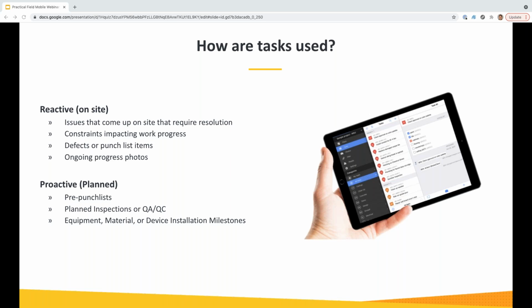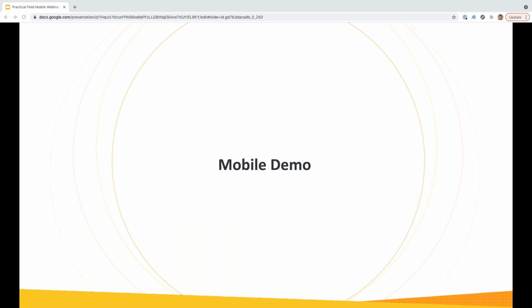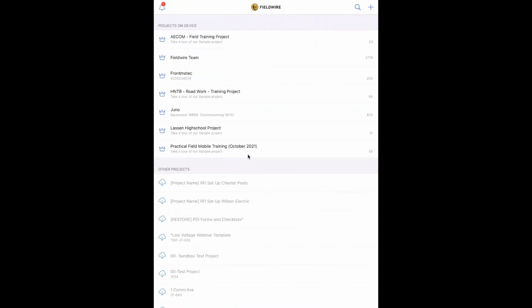All right, so now that I've gone through that, we're going to jump into the mobile demo. I'm going to try to just walk through the main key features just to make sure everyone's familiar with how to navigate the tool. I'm probably going to jump into the web version at the end if there's time, just to show some of the main differences with the iPad and web. So I'm going to go ahead and switch my screen here, and you should be able to see my iPad